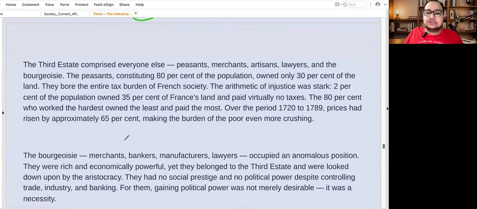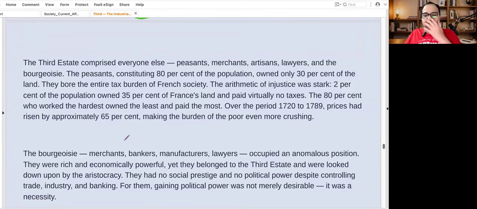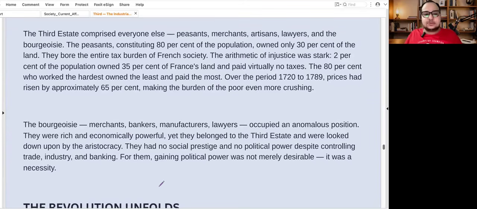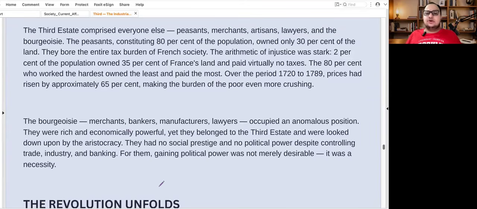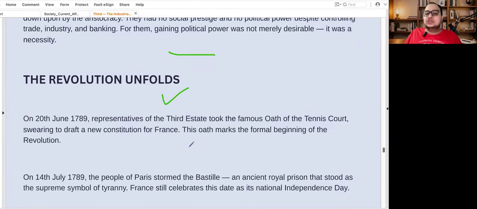The bourgeois class, the merchants, the bankers, the manufacturers, the lawyers occupied an enormous position. They were rich. They were economically powerful. They were having all authorities. And these people who were working hard virtually had no say. Then the revolution unfolds. So in 1789, the third state